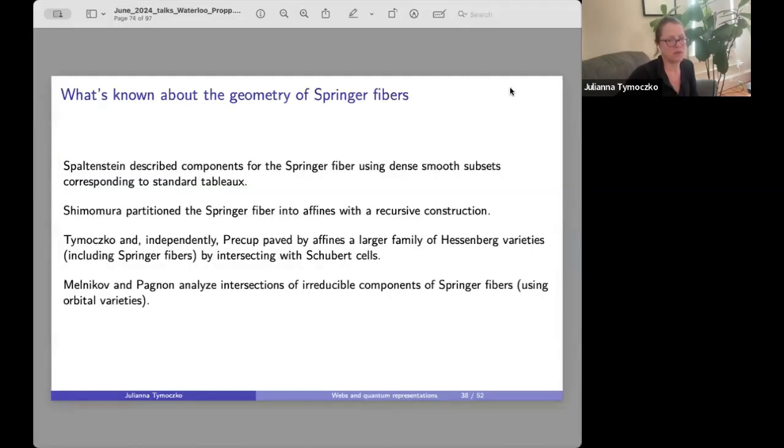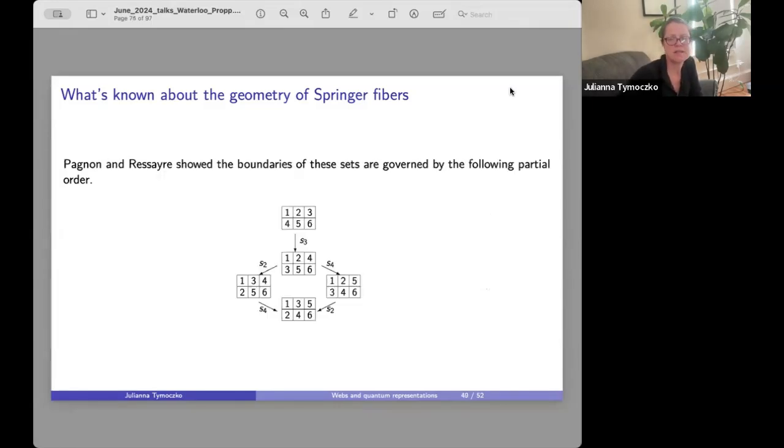So I was going through some statements about pavings and saying that they're hard to understand. If we focus just on the top dimensional pieces, people know that they are indexed by standard Young tableaux, which are the same as balanced Yamanouchi words. People know that there are some relations that are described by these simple transpositions. And I'm drawing a poset that looks a little like what I had earlier.